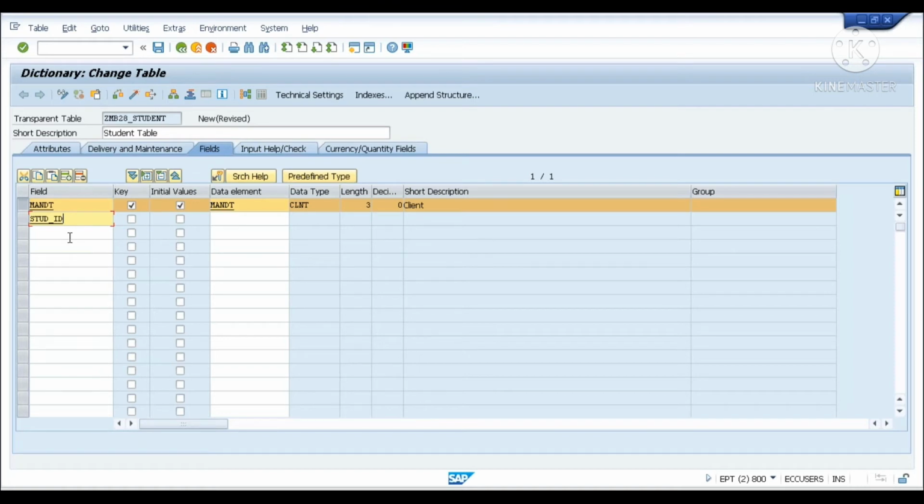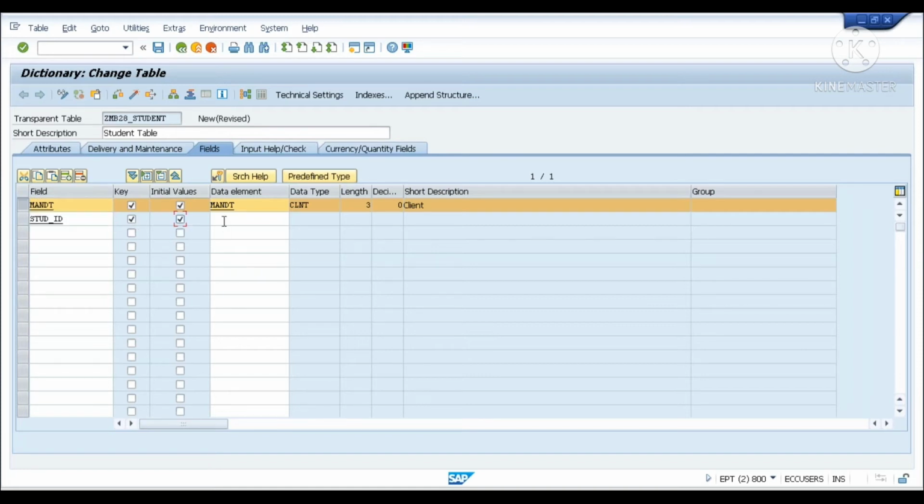A primary key is nothing but the identification for a single record, the identification for a unique record in a table. Every student is going to have a single identifier, known as the student id. So this is also going to be our key field. The combination of MANDT and student id is going to be our key.